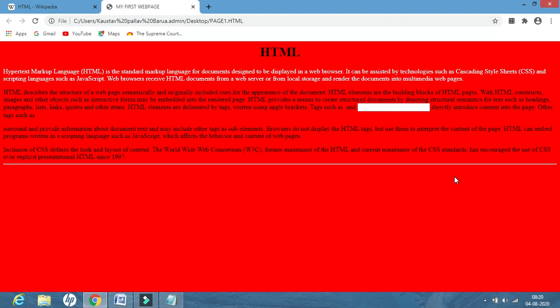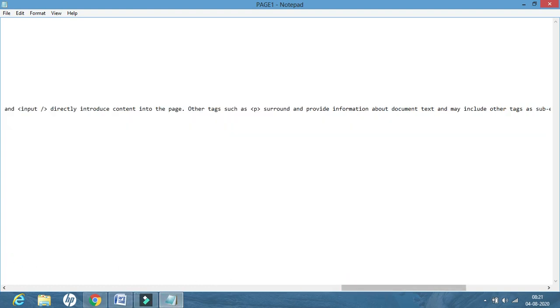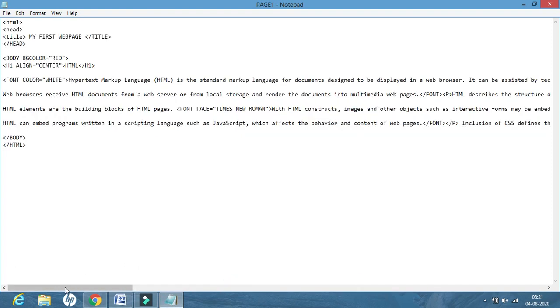Clear? Yes. Now somewhere here, this HTML I want to bring it to the next line. I don't want to change the paragraph, but I want to display it in the next line. So what will I do is, we move here, and where was the HTML? This one, not this one.